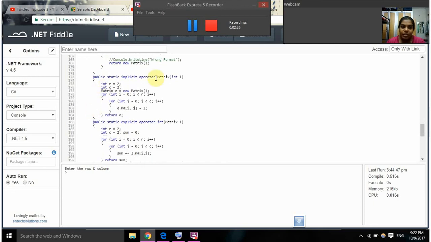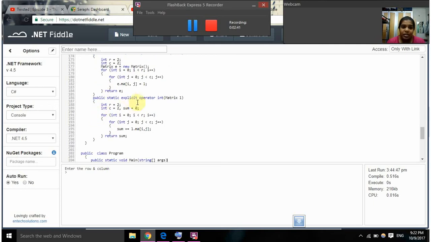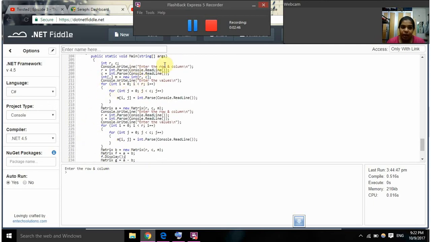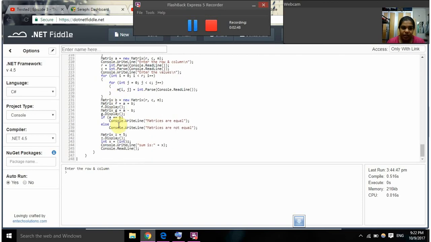Now here it is implicit conversion of operator int to matrix, and this is the explicit conversion, and this is my main method where I have the rows, columns, all specifications as and when. Okay, so I'll enter the row and column. I'll run the program again, 2,